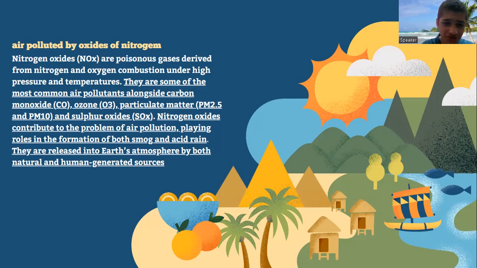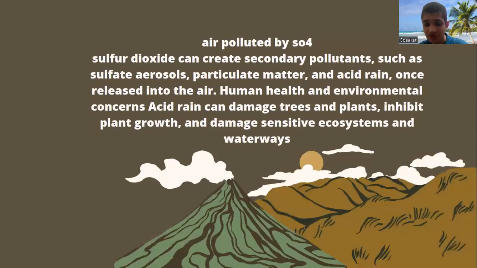The sulfur oxide, which is made from sulfur and oxygen, and nitrogen oxide contribute to the problem of air pollution, playing roles in the formation of both smog and acid rain. They are released into the Earth's atmosphere by both natural and human-generated sources,